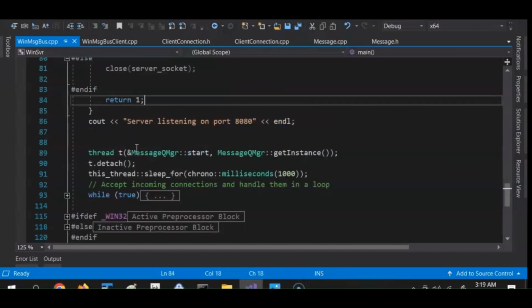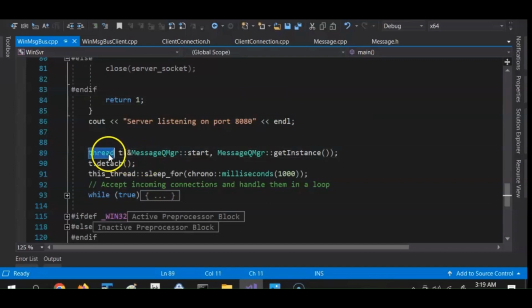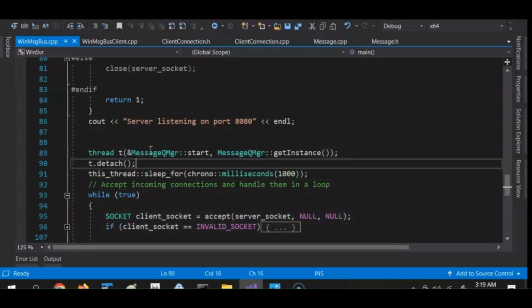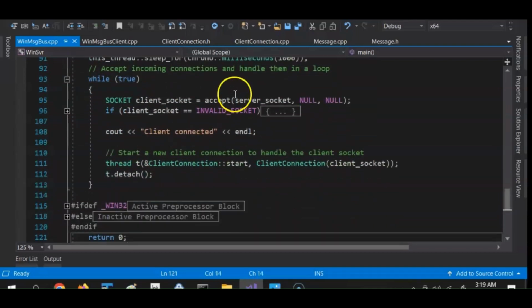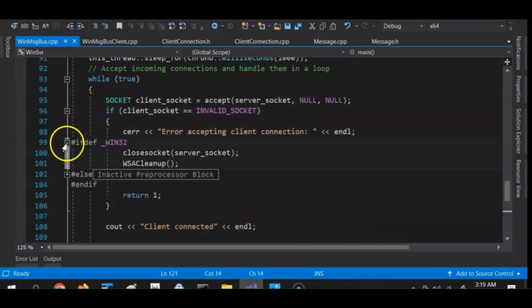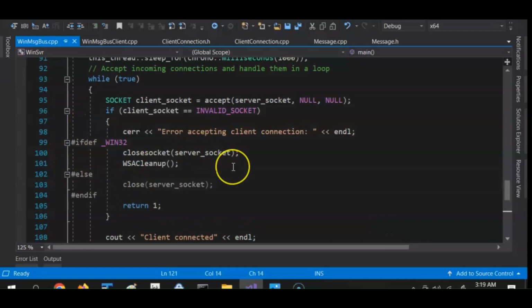And when the server is ready, it starts a dedicated thread for MQ manager start, and this is the instance, and it's a detached worker thread. So we are giving a little bit of delay before we start the other steps, that's why we are waiting for these many milliseconds. So the next step is it will be waiting for client connections, and as soon as it gets a client connection,